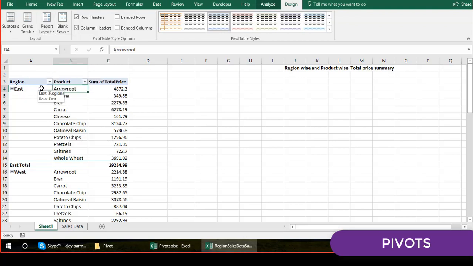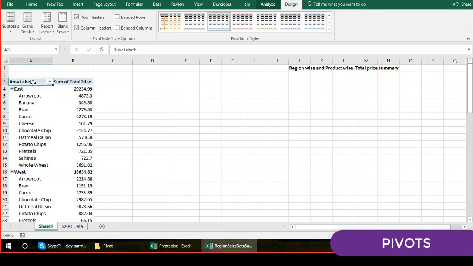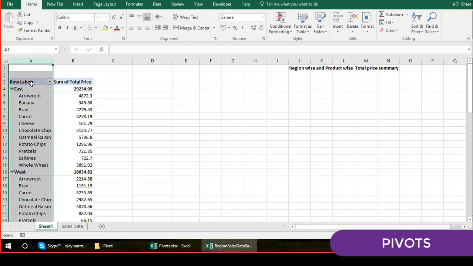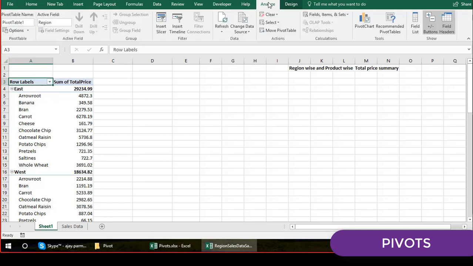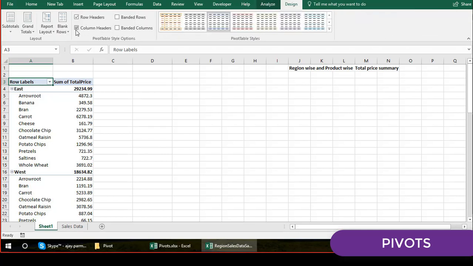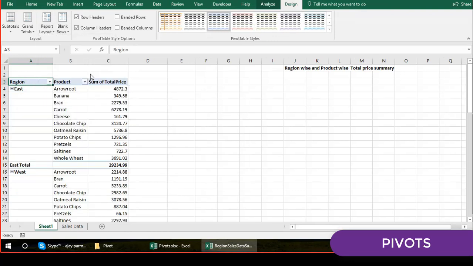Also, when you converted that, because if I press Control Z, you see that even my header was not coming. Not just that both the headers were coming in column A, but also the header path was not showing the proper header, what exactly it refers to. So all this is taken care of by the tabular form. We have the region now, and we have the total as well.